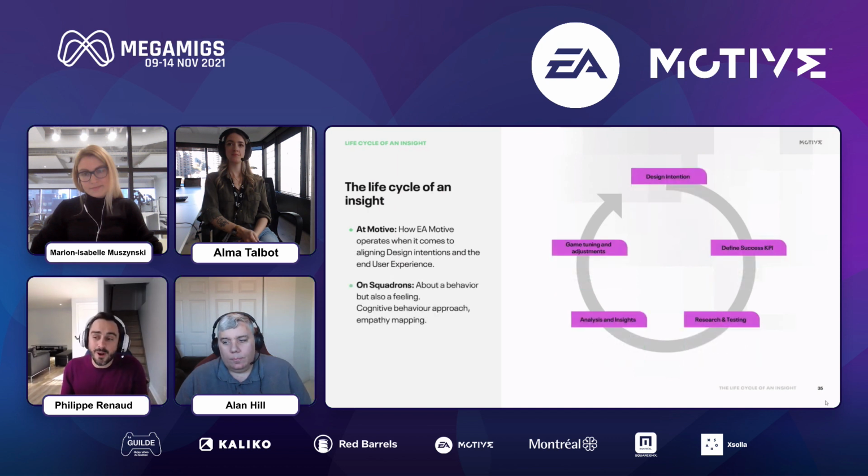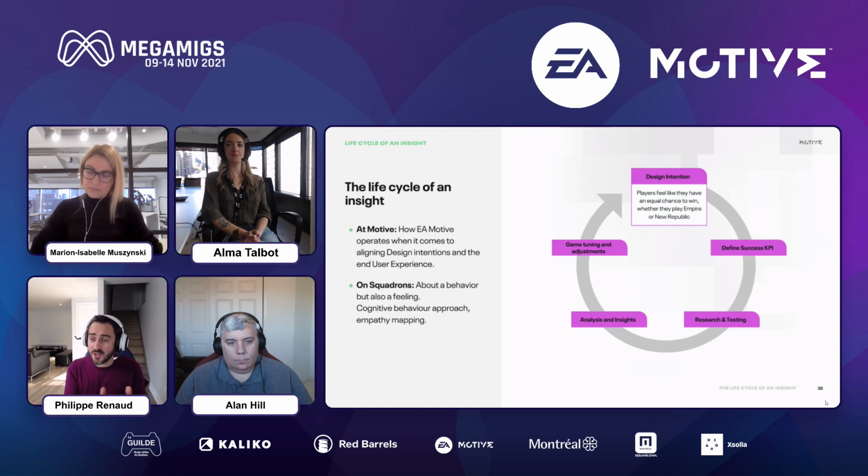What does it mean for our squadron example? Let's quickly go over this using the squadron example, because that's how our minds operate. Concrete examples help understand. So if we revisit our squadron example, first Marion explained to us that it was key for devs to have both factions, the New Republic and the Empire, feel balanced and fair. No matter which faction you would land in, you'd feel like you have a decent and fair chance to win.